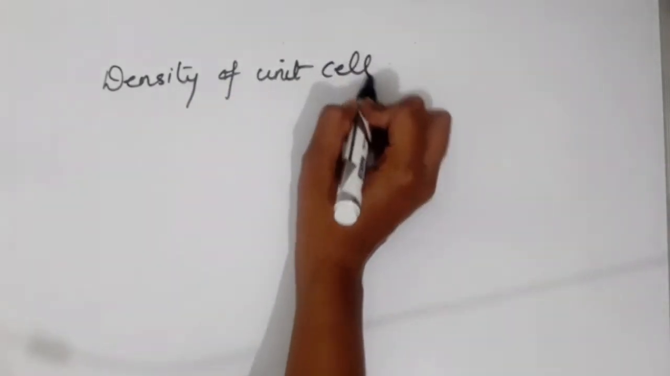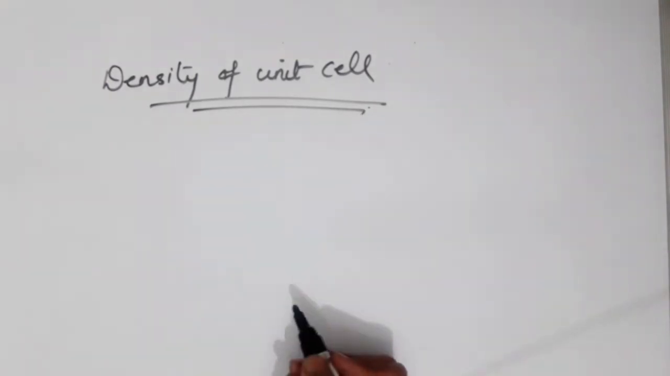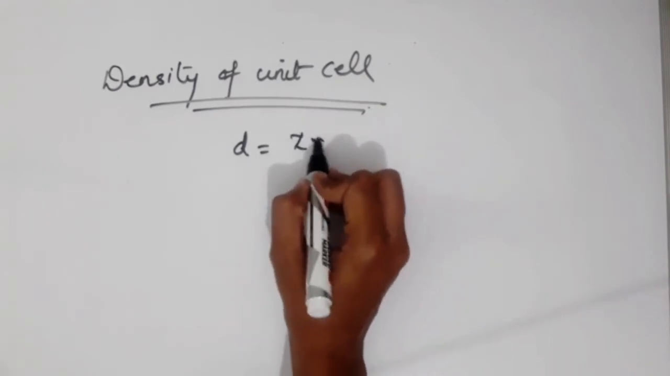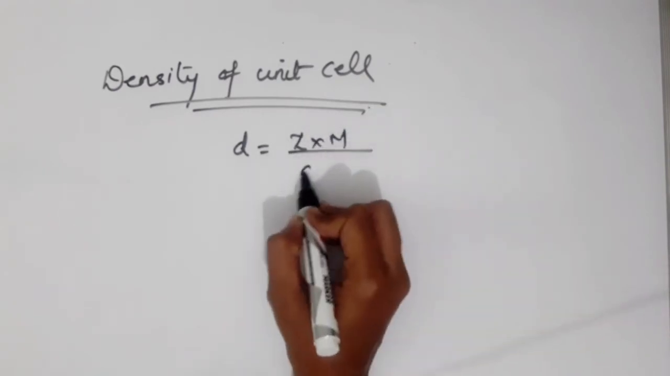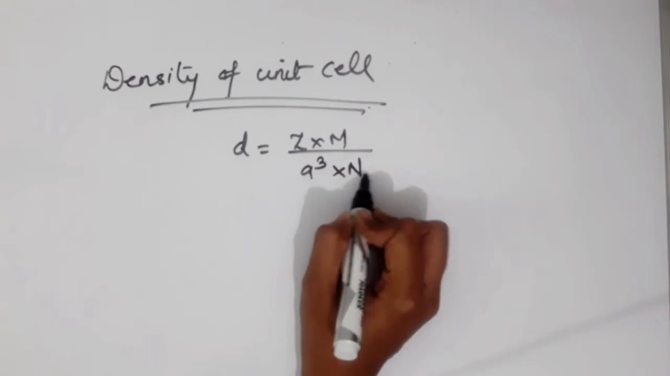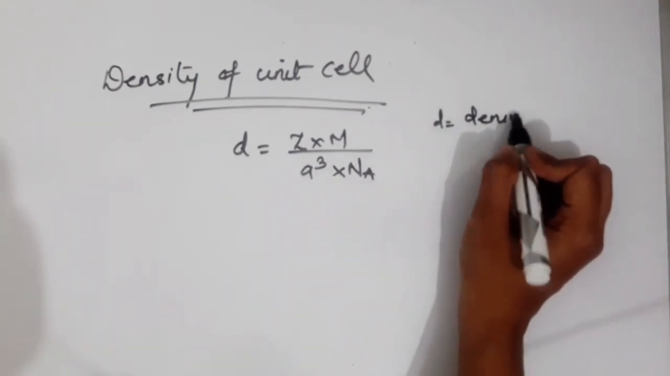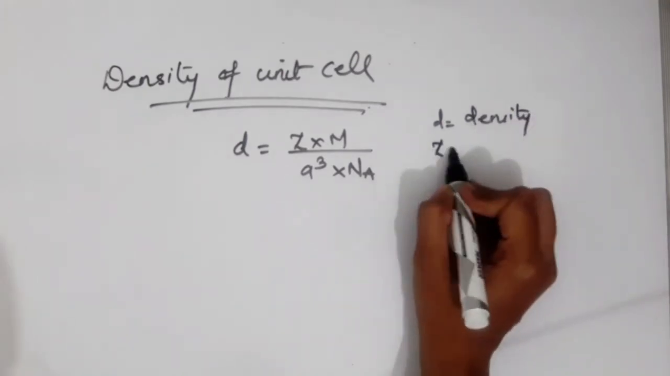Now the next important topic is density of unit cell. There is only one formula that you have to mug up, and that is D is equal to Z into M divided by a cube into Na. Where D is density,